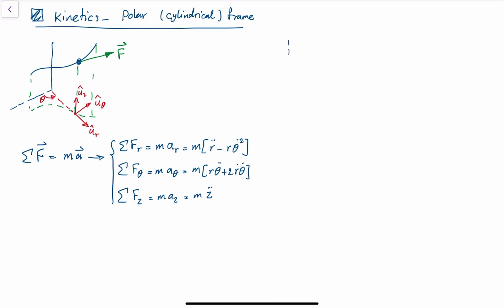Often the reason you want to use this frame is because there is a good rotational component. A good example is,